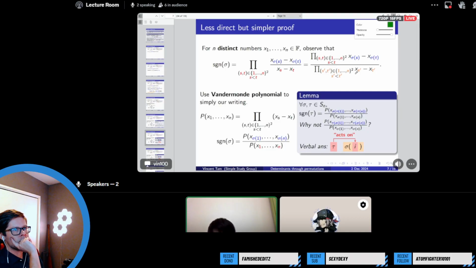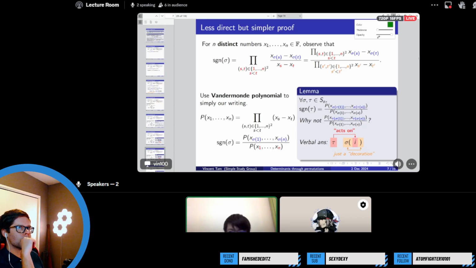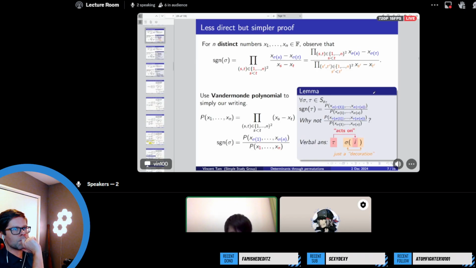So here's another lemma that is to test your understanding of the Vandermonde polynomial. But after writing this, I found that this is not needed for the development of the basic facts later. So I'll be skipping it and leave it as an exercise.